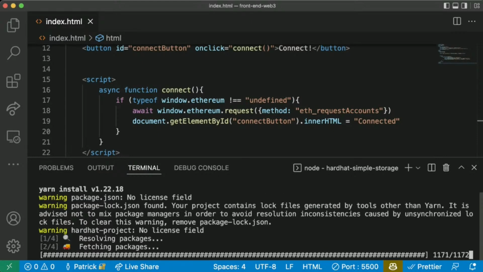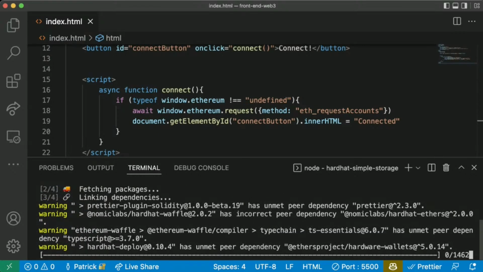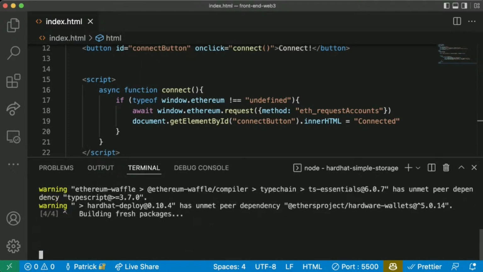I know I said we wouldn't be doing hardhat or anything, but this is just to spin up a blockchain to show you what it's going to look like sending transactions to our own local blockchain. If you want, you can deploy something to a testnet and try playing around with it like that. I don't recommend doing that because, like I said, testnets take a really long time. Yeah, simple storage, the hello world of blockchain.